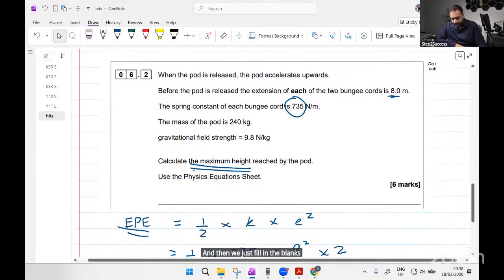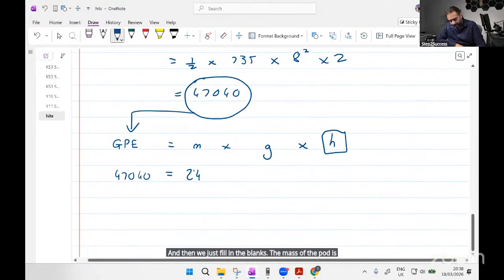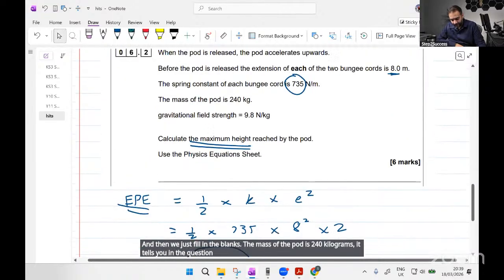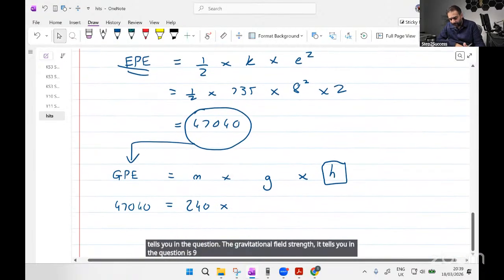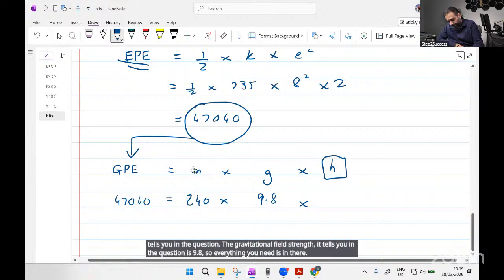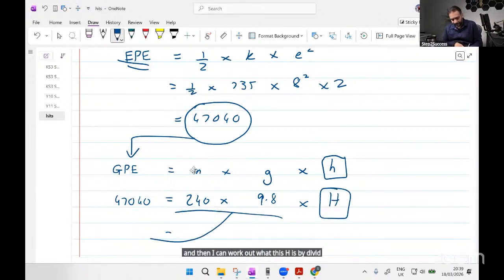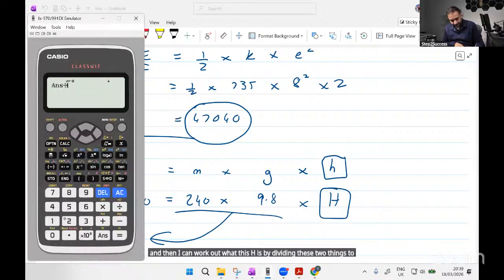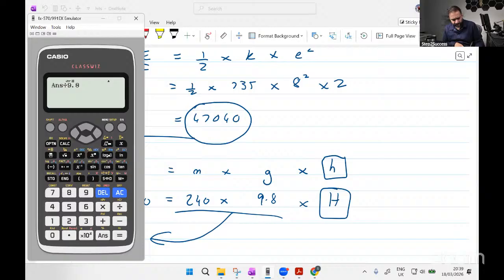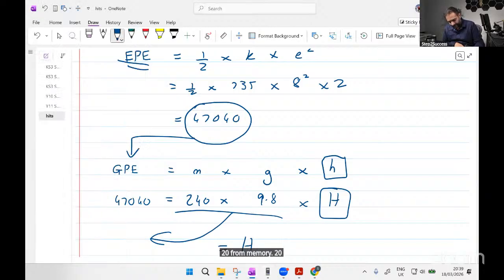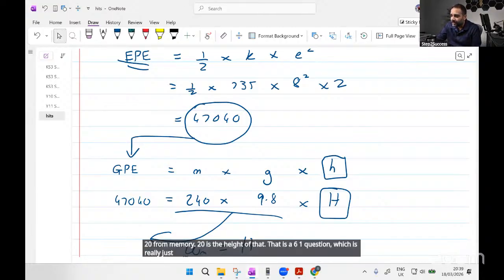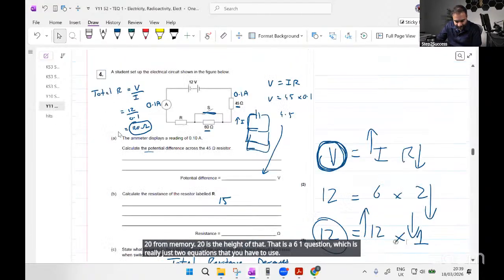And then we just fill in the blanks. The mass of the pod is 240 kilograms, it tells you in the question. The gravitational field strength, it tells you in the question, is 9.8. So everything you need is in there. And then I can work out what this h is by dividing these two things to the other side. 20 from memory. 20 is the height of that. That is a 6 mark question, which is really just two equations that you have to use. Right, going back to this,